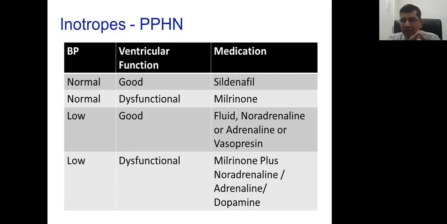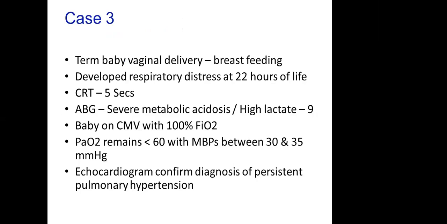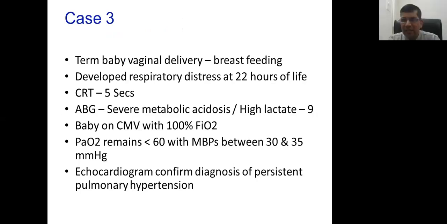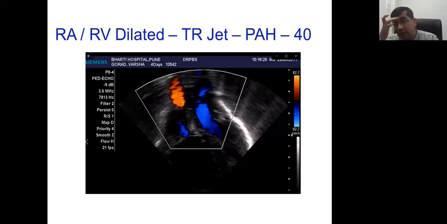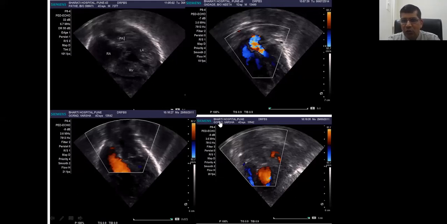Okay, sir, please continue. Another case is a term baby, which was stable with mother breastfeeding, and then deteriorated, with acidosis and high lactate. You know the diagnosis. Most of you will do the echo, and that echo shows a TR jet. Yes, there is a TR jet, but with the TR jet there is a parallel circulation. So this is another event of pulmonary hypertension with associated parallel circulation, and naturally you need to think about